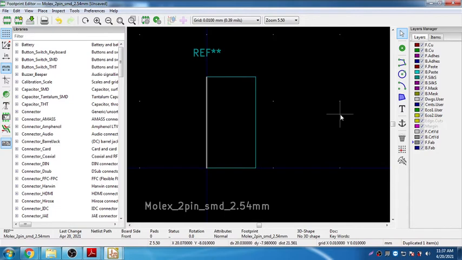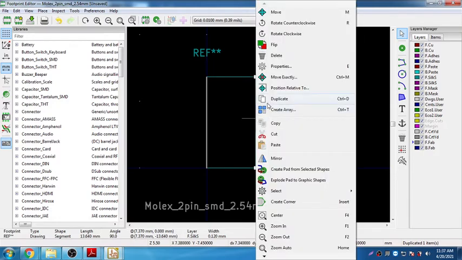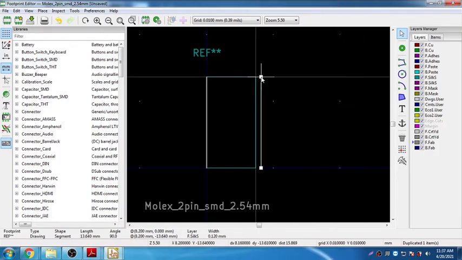So I'm just creating one more layer as a fab layer here, which carries the information of the fabrication.